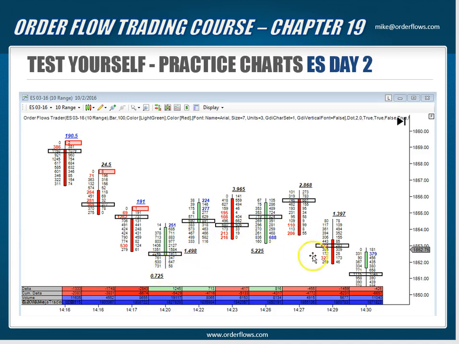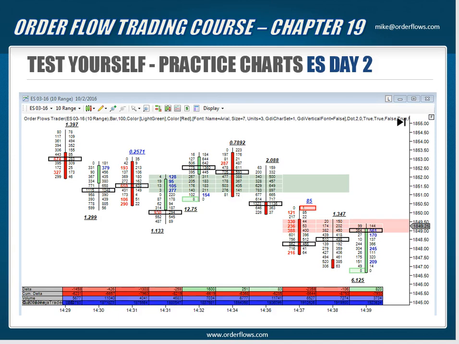And we just sort of went sideways after that. So there wasn't much. If you didn't necessarily cover down here, you should have been looking to cover somewhere in this area. And then you get a buying imbalance. Okay, now,